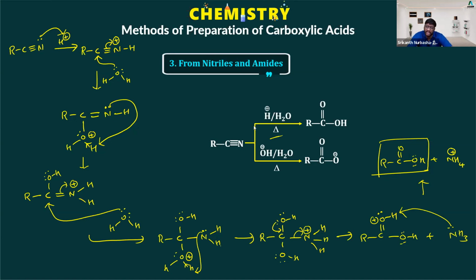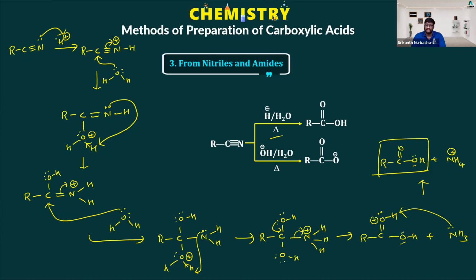Acidic hydrolysis of cyanides will form carboxylic acid. Basic hydrolysis will form the respective carboxylate. Basic hydrolysis is also similar. But if I do the basic hydrolysis, the OH minus will act as a nucleophile, because OH minus is a better nucleophile when compared to H2O. Since it is a better nucleophile, there is no need to increase the electrophilicity. Why are we increasing the electrophilicity in the acidic hydrolysis? Because H2O is a poor nucleophile. If OH minus is there, that can directly go and attack the carbon,